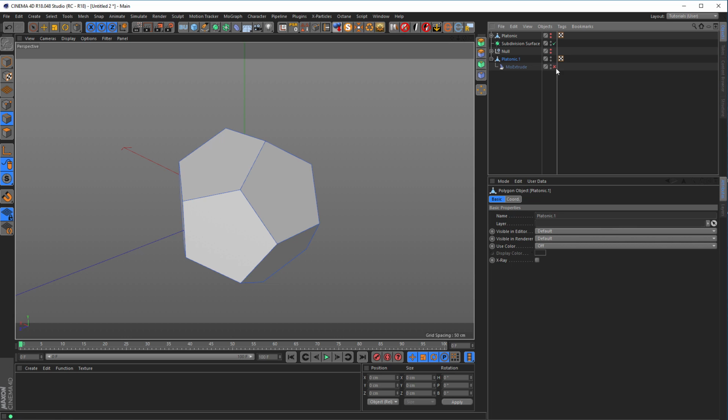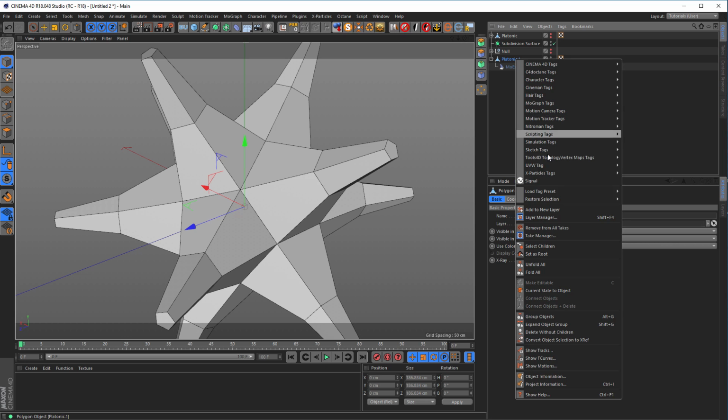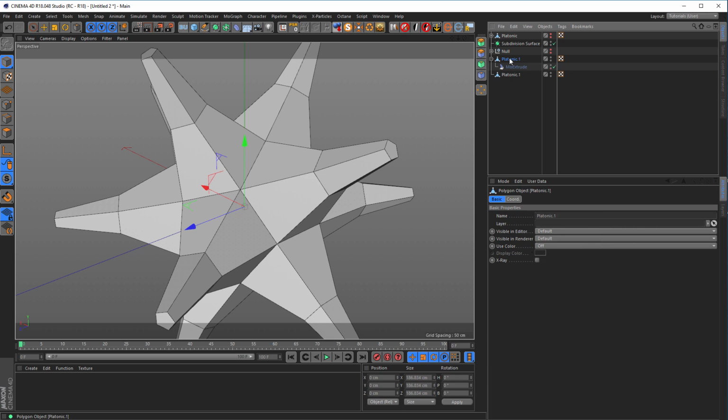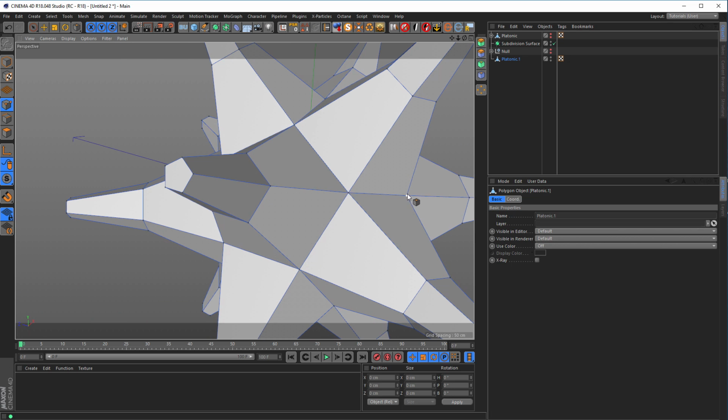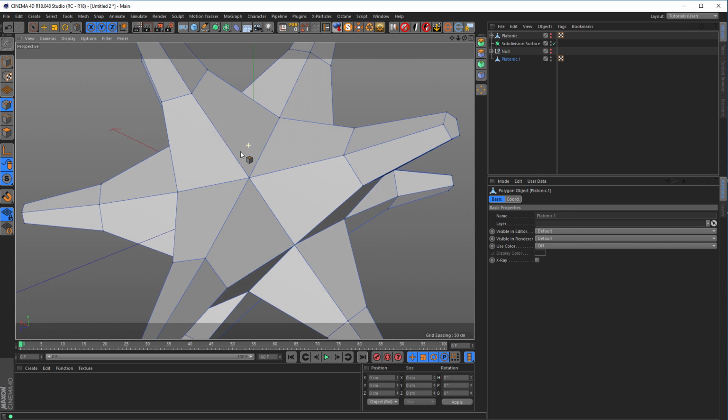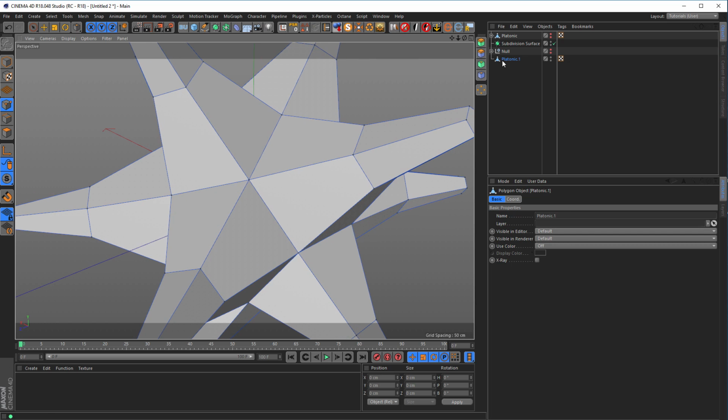Again, Current State to Object. And what I want now is to select all these points here where the spikes come out. So here, everywhere. And to select them, we can use the